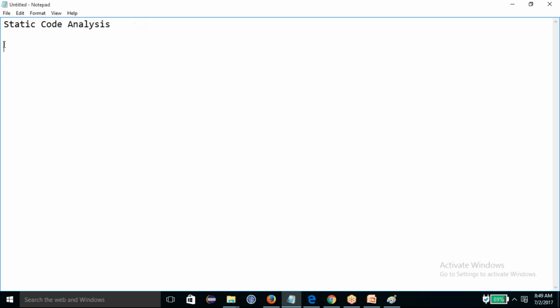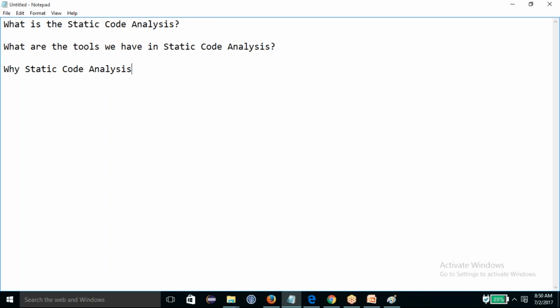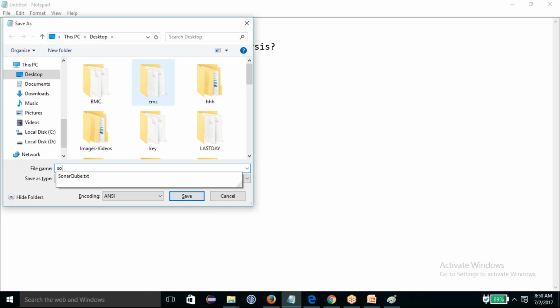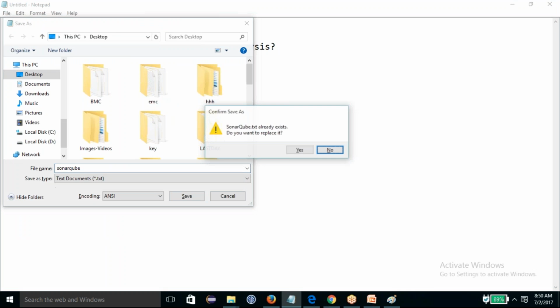Now you know what static code analysis is, what tools we have in static code analysis, and why static code analysis. So we have understood these things so far, but now we need to understand how SonarQube comes into